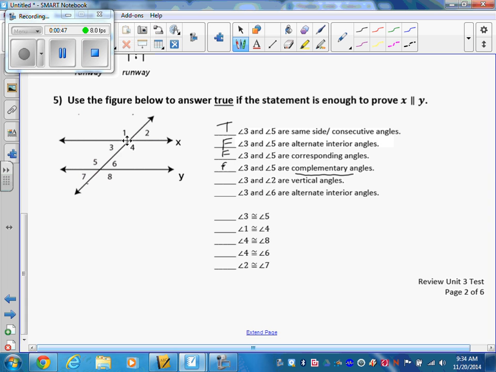Angles 3 and 2 are vertical. That's true. Angles 3 and 6 are alternate interior angles. That is also true. So,